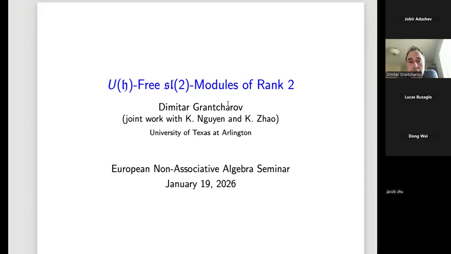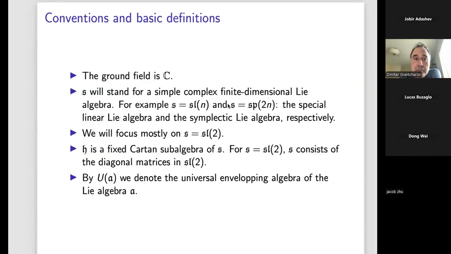Feel free to interrupt me anytime if you have questions. Again, I will try to make it more accessible. On the slides, you can see some technical notions that will probably distract you because of the many formulas. I will try to explain what is going on in some general terms so that you understand better.